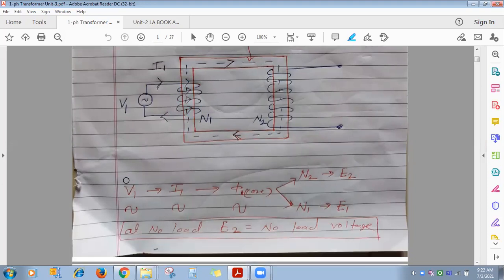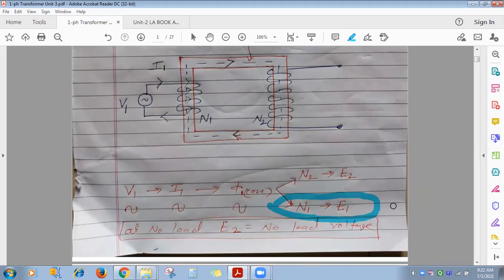So see here, AC voltage you apply across primary. AC current will flow through primary winding. It produces changing flux which completes its path through core. Only 2%, 5% is the leakage flux, so forget about that. Consider the flux flowing through core. Now when the flux completes its path through core, it comes in contact with N2 number of turns, and E2 is the EMF induced in N2 number of turns. Same flux is coming in contact with N1 number of turns also, and as per Faraday's law of electromagnetic induction, EMF also gets induced in primary winding, and that is called E1.